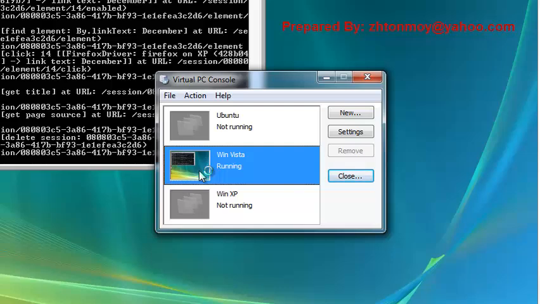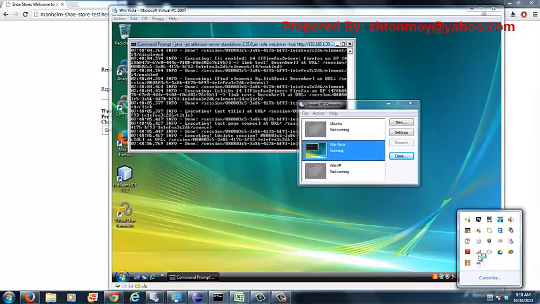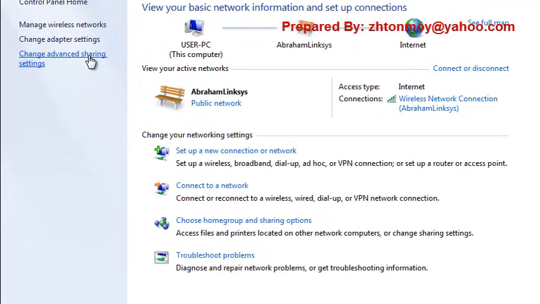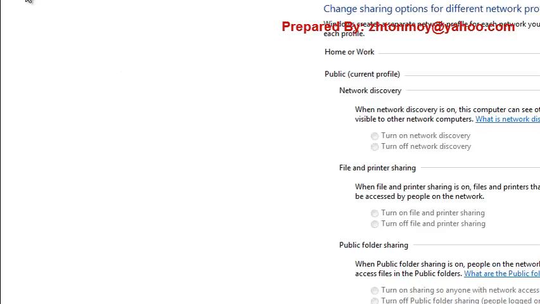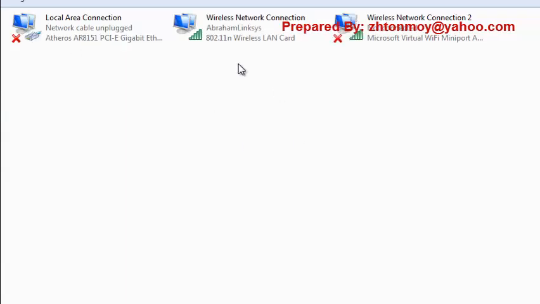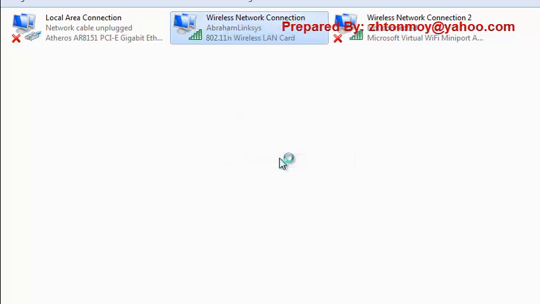First of all, I set up the environment. So I set up the environment in that way. I click the right button on this one, and then I change some settings on my network. I click on change adapter settings. Quickly, I click properties, and then